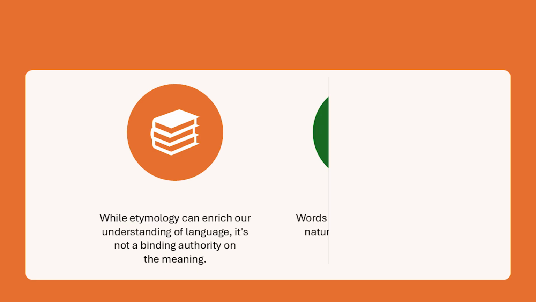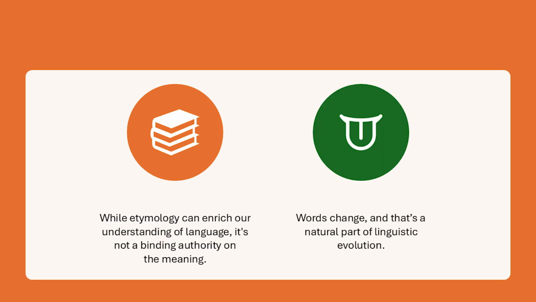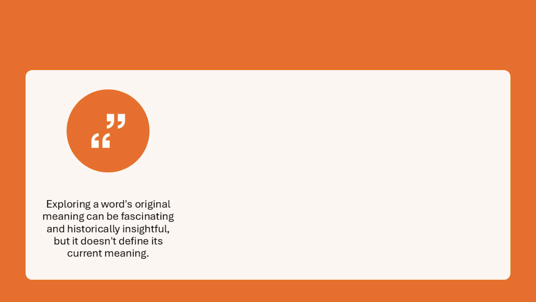It's important to know that words change like living organisms. Language itself is like a living organism. It undergoes evolution. Words die and new words are born. And many words change, their meanings change partially or totally, or they may adopt additional new meanings. Therefore, looking at the original meaning of a word may be very interesting and enlightening. It can be historically very informative, but it doesn't determine what a word means today.